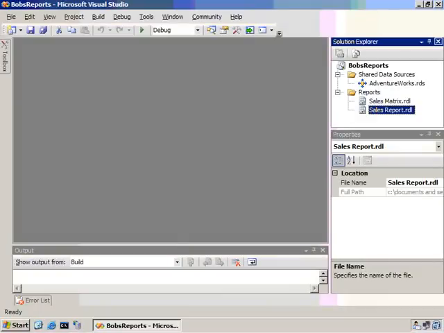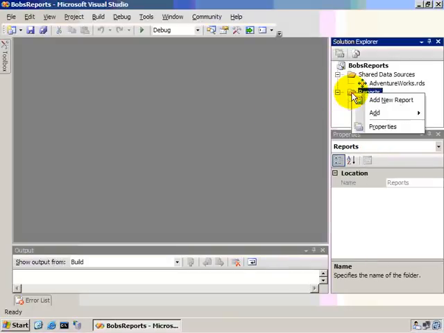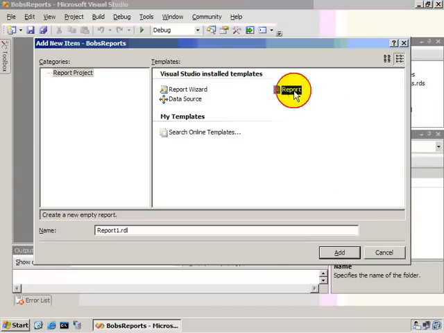So I'm going to use the project that we created in the previous video, and what I want to do is add a new report. I'm going to demonstrate how to create a very simple report from scratch without using the report wizard. So I'm going to add a new item, and I'm going to select report, not report wizard this time. And we'll call this just simple,